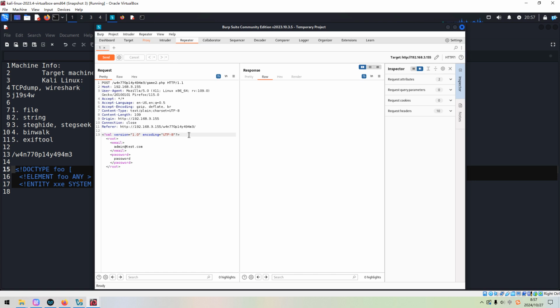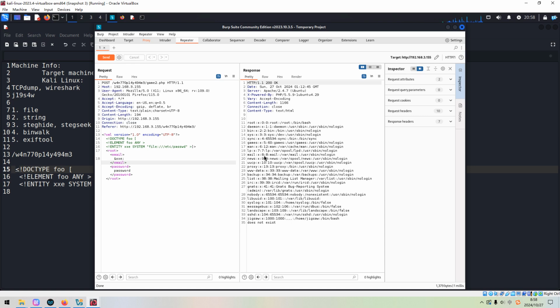Put over here. And then we can remove the email, and we try to access the variable XXE, and then we can send. As you can see, we successfully retrieved the password file, and we can know the user is jigsaw.